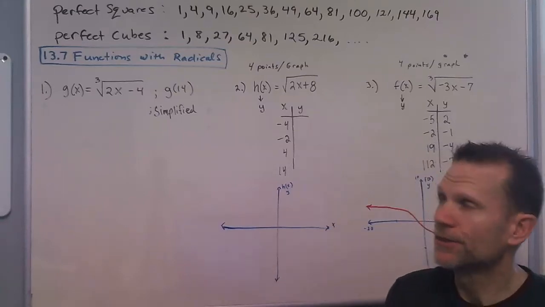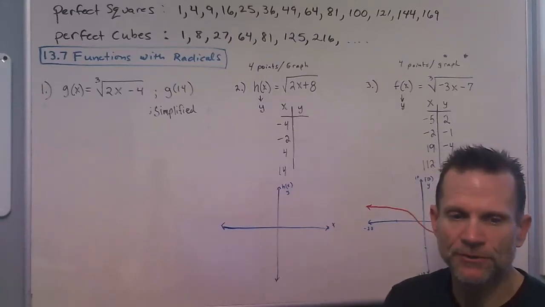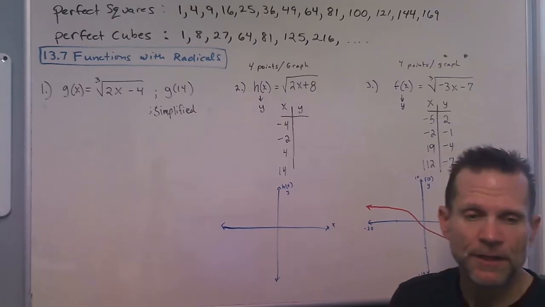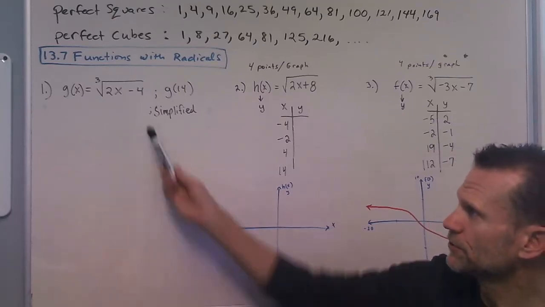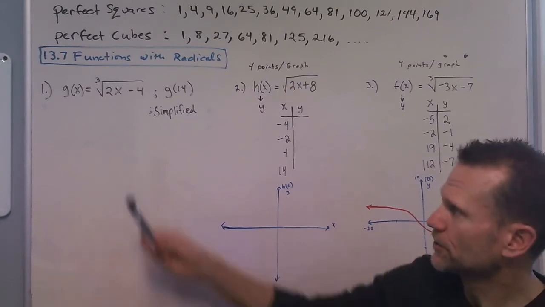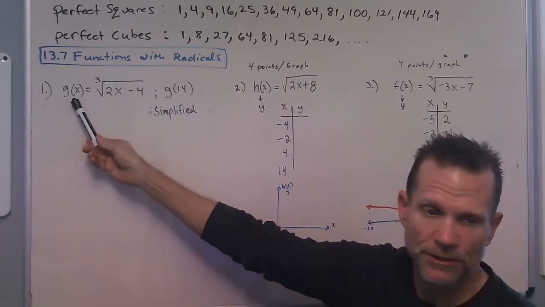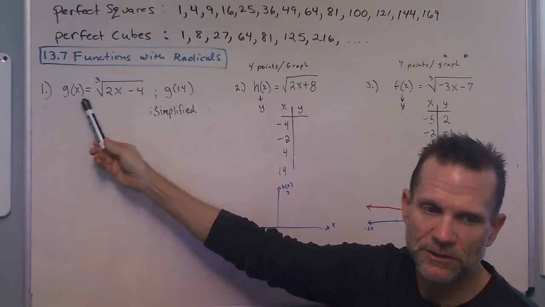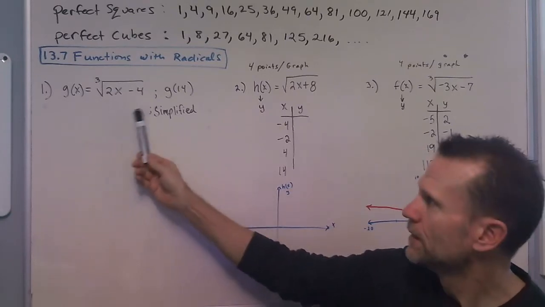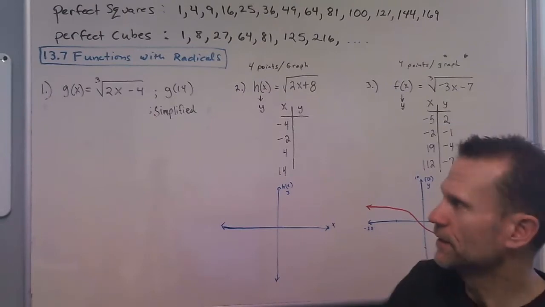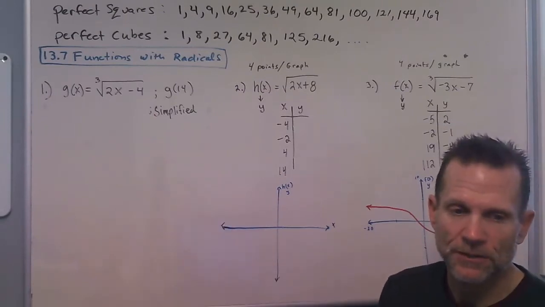Okay, moving on to 13.7, functions with radicals. There's a few different skills you're going to have to learn in this section. One of them is shown in number 1 here, where we just reviewed that this is a function, and we read this: g of x is equal to the cube root of 2x minus 4. And then we're going to find g of 14, and the instructions in the problem say to write it in